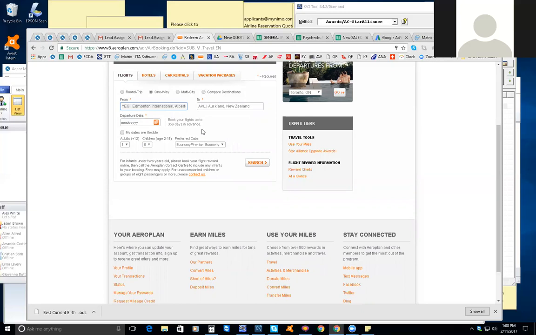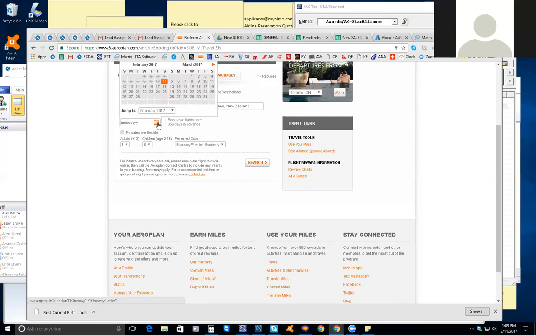Like you would not do this with Asia Miles and you would not do this with Emirates. But with Delta, Air Canada, British Air, Air France, etc. it doesn't matter if you do it as 2 one-ways and then piece it together in the quote and make it into a round trip. When it's possible, I like to search it as 2 one-ways because it gives me more flexibility. So if I look at the 19th of April